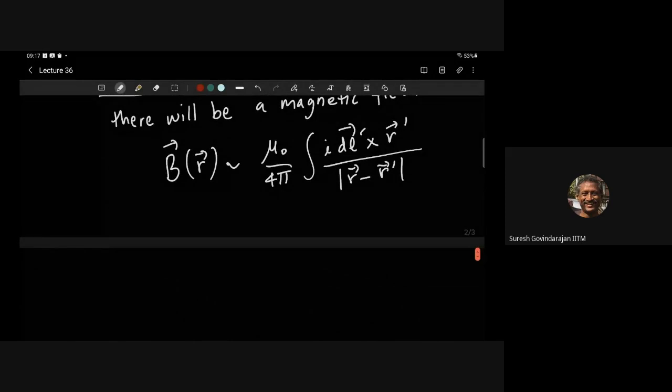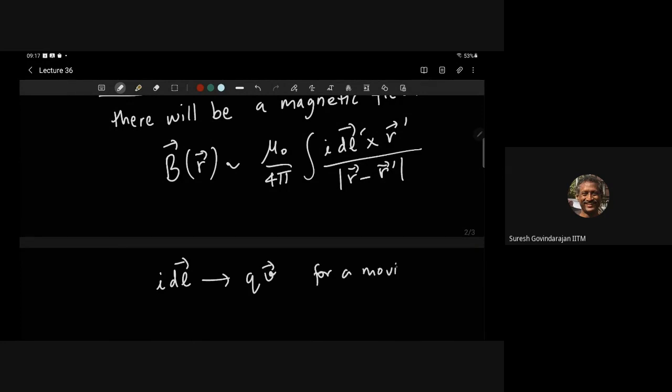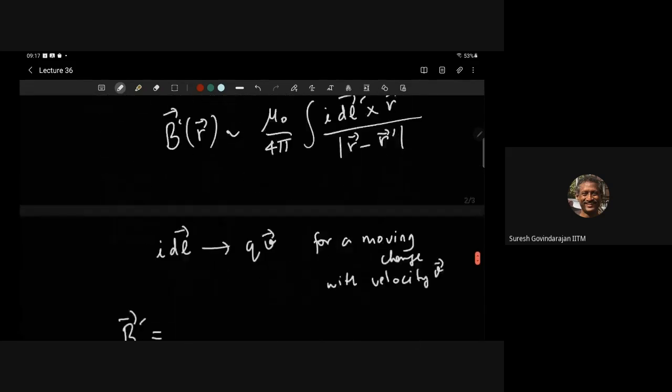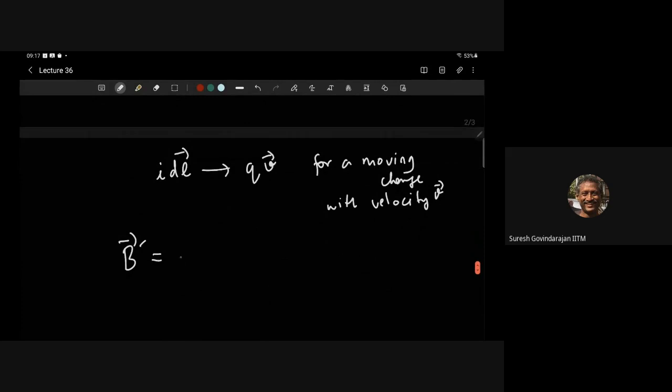So this is for a loop, but hopefully you know these replacements, that I dL gets replaced by qv, charge times velocity, for a moving charge with velocity v. And the velocity for us is minus u. So what we get is B prime actually. And this is the prime fellow because we are working in frame B. B prime is mu naught